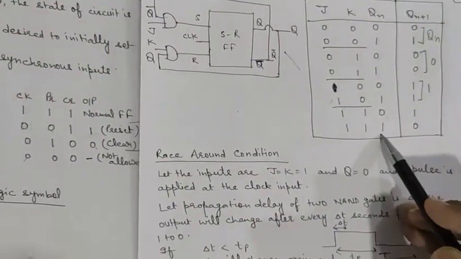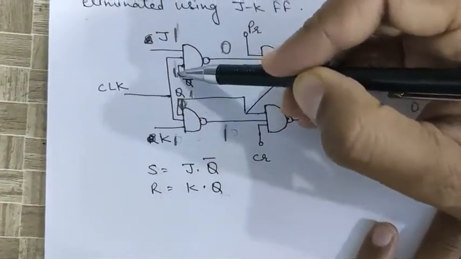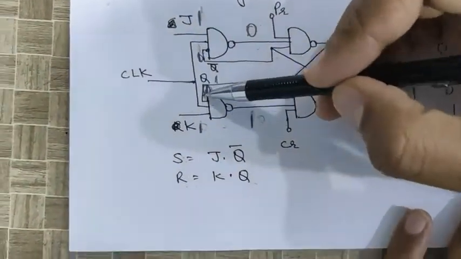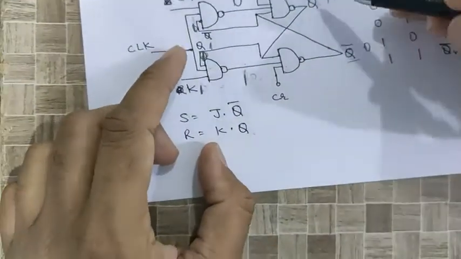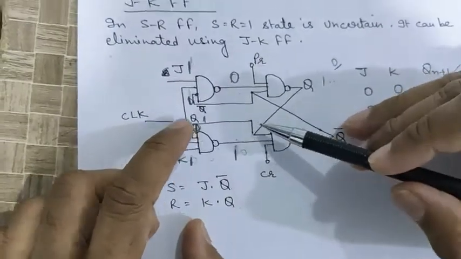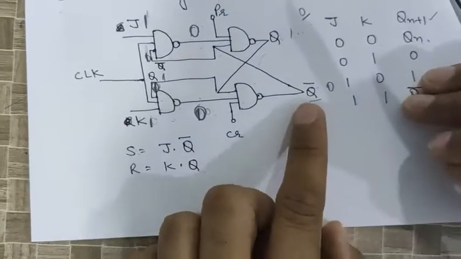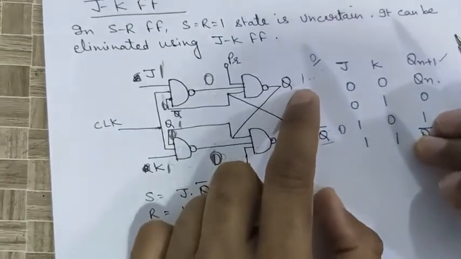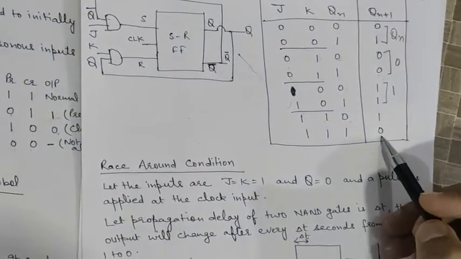Similarly, if the value of Qn is 1, so this value is 1, this value is 0. Now if this is 0, the output will be 1, and here it is 0, so the output will be 1. Now Qn is 1, so this is 1, this will be 0. Now one of the inputs is 0, so the output will be 1 here. Now this 1 is going here and all the three inputs are 1, so I will be getting the output as 0. So here the case is 1 1, both the inputs are 1 and Qn is 1, so I will be getting the opposite of it, which is 0.